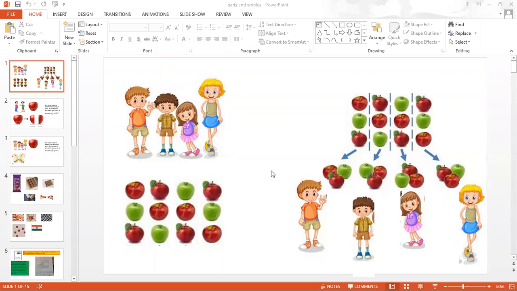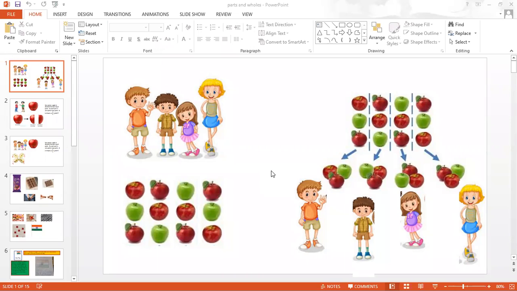Look at this PPT. There are 12 fruits here. Apples, red and green color. 4 students are waiting to take the apples. How to share equally? So I am going to share the fruits equally. Equally means the number of fruits and also the number of colors. 2 red apples, 1 green apple. I am distributing these to 4 students.